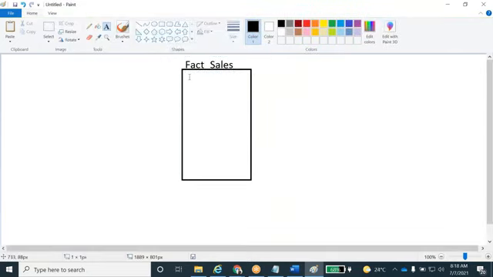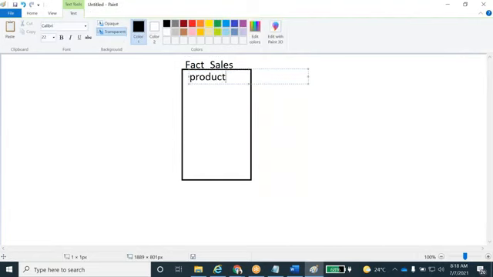Here I'm adding the column names also: product ID, store ID, date ID, customer ID, and then quantity and amount. These kinds of measures I'm taking here: product ID, store ID, date ID, customer ID, quantity and amount.